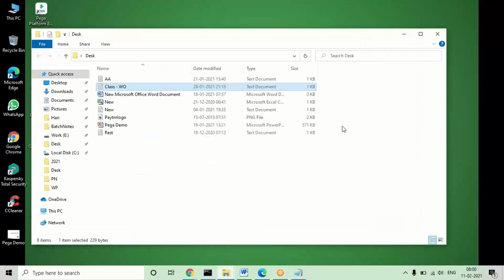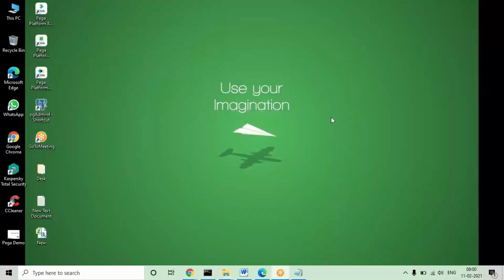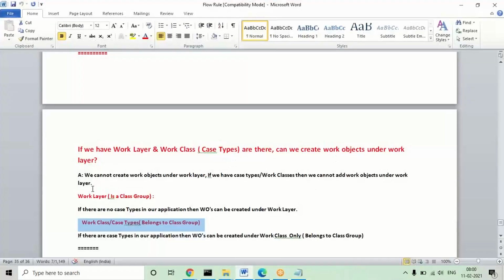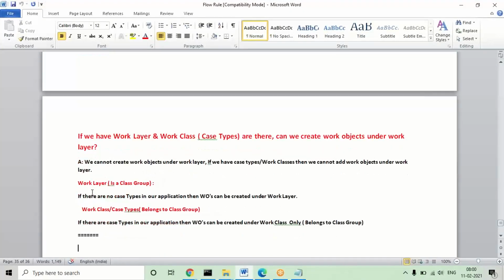So in an application, whenever we create rules, sometimes we'll create them in the parent classes, and sometimes in the subclasses. If only the parent class is there, then we'll directly execute the flows in the parent class. But if subclasses are also there, we'll define the flows and execute them in the subclasses only. So in the previous session, we could create the flows and compile in both, but if both are there, mostly we'll compile the flows in the subclasses only. So that is the thing.